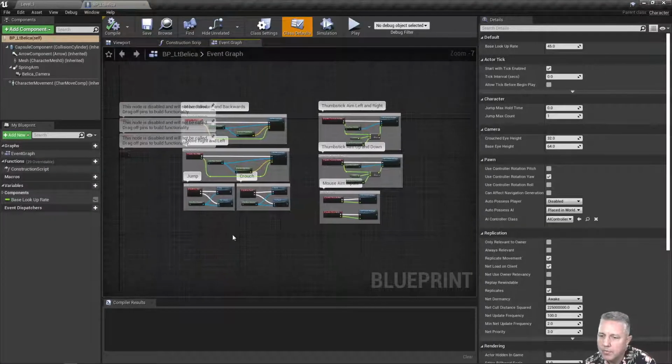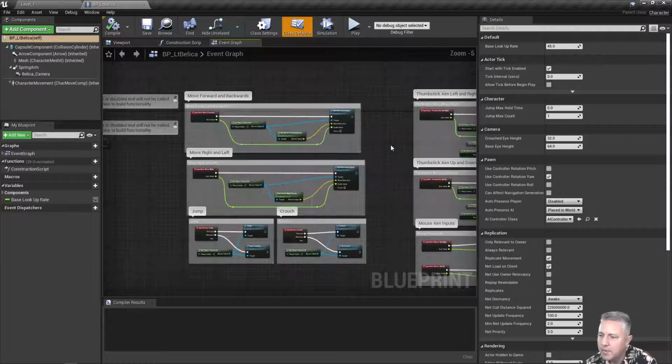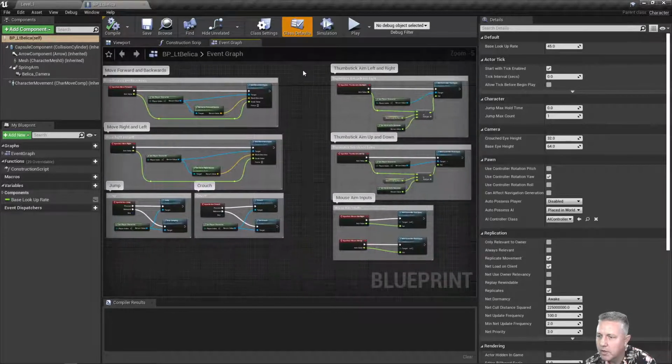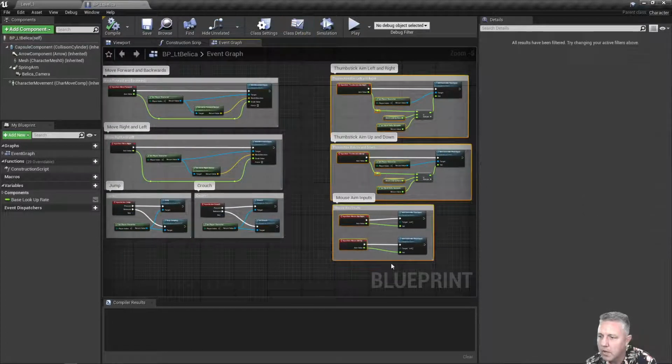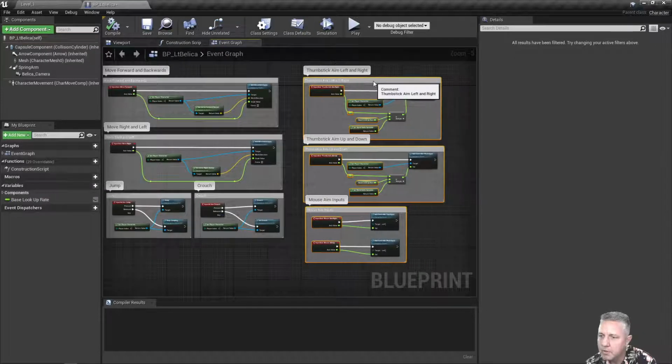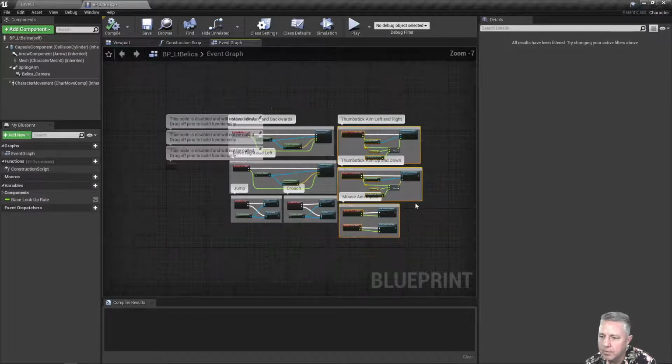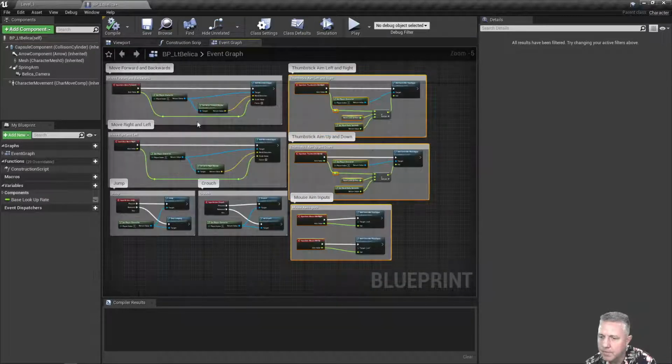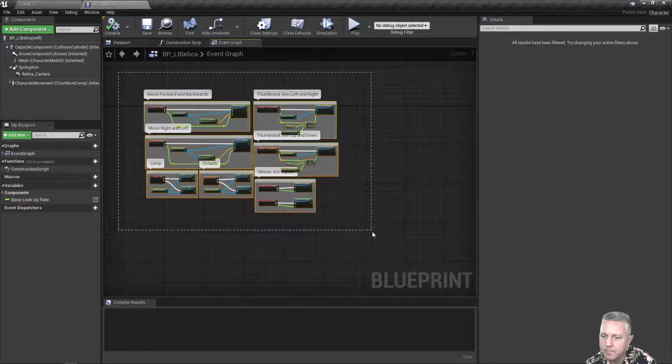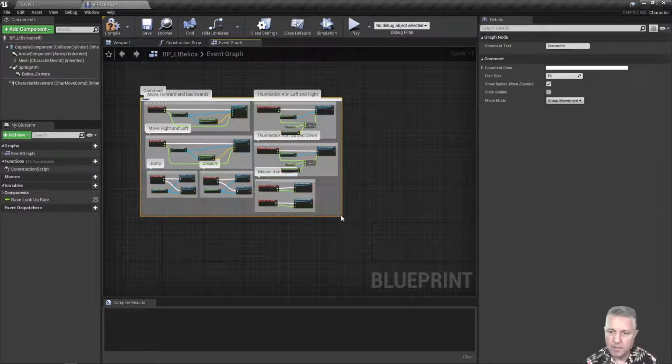And this is what we left off with. One thing I do want to do is make sure that this is very clear that this is all of our character animation. I'm going to move these over just a little bit so they're much closer, so I'm not wasting as much space in there. And I'm going to go ahead and select it all, and I'm going to hit C and comment all of these, and these are going to be my character